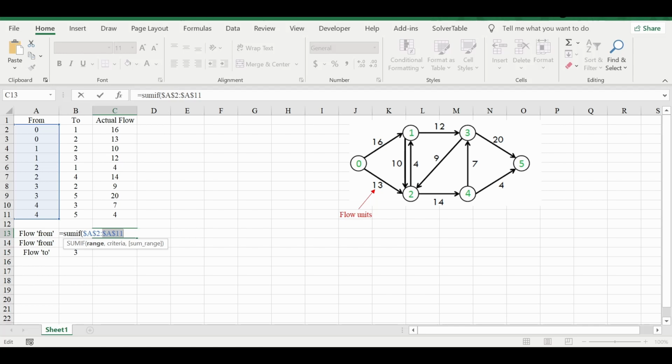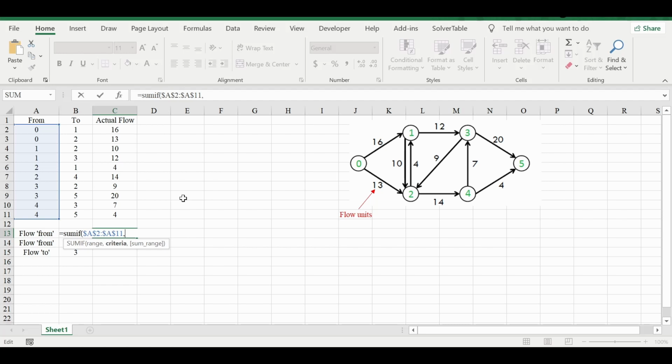May not be here in this particular sheet, but when we solve the problem, we have to make sure that this is fixed, because this particular array or range will be common to all the nodes. So you have to make this fixed, and you know how to fix this using the F4 function.